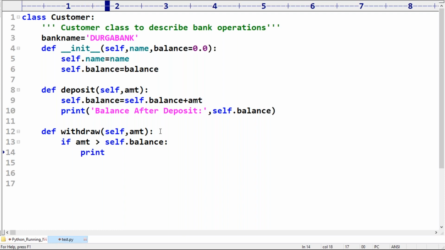So no. Print insufficient funds, can't perform this operation. After this, I don't want to continue further. Stop, that's all.